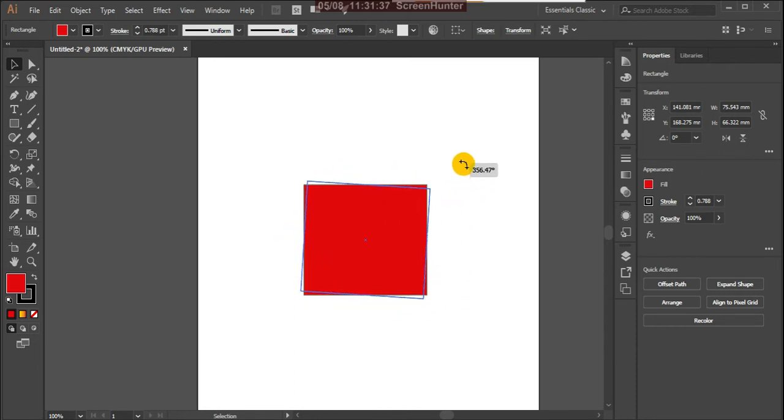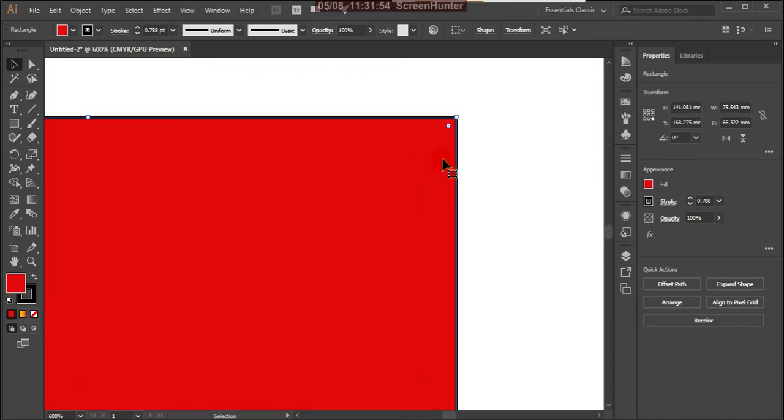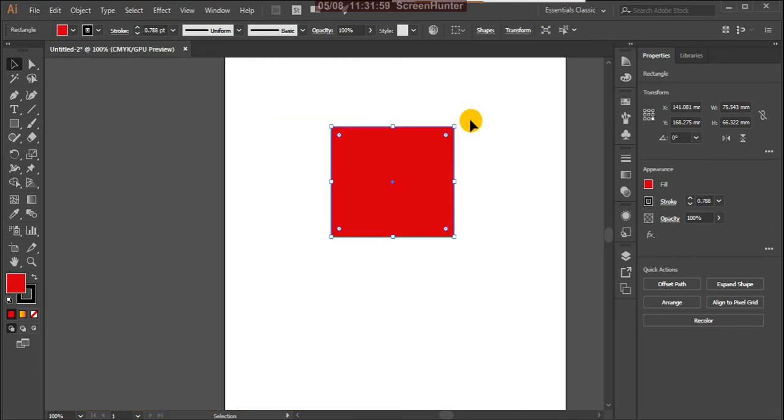Now there is a point showing like a half circle. Here you move the cursor there. See, this is the pointer. This is called the widgets. These widgets you can move closer to the center pointer.